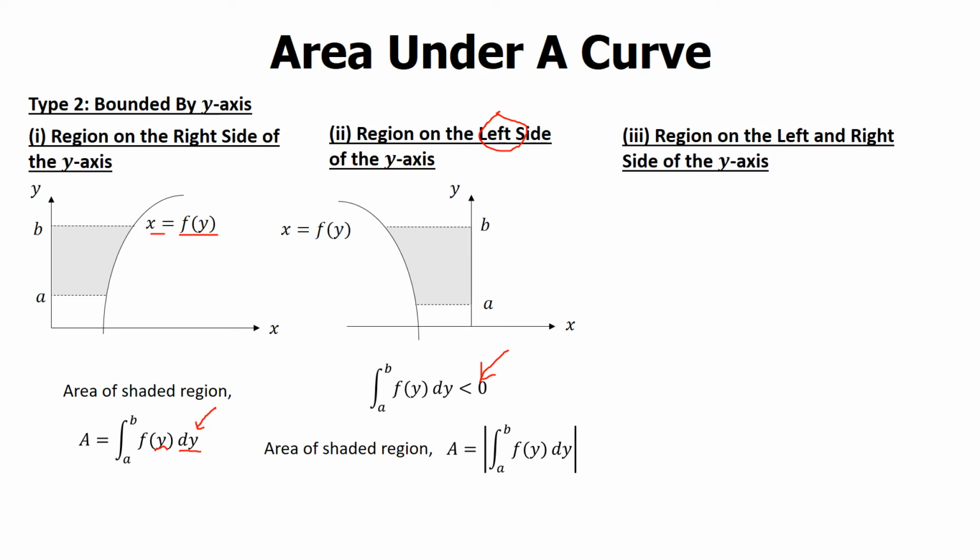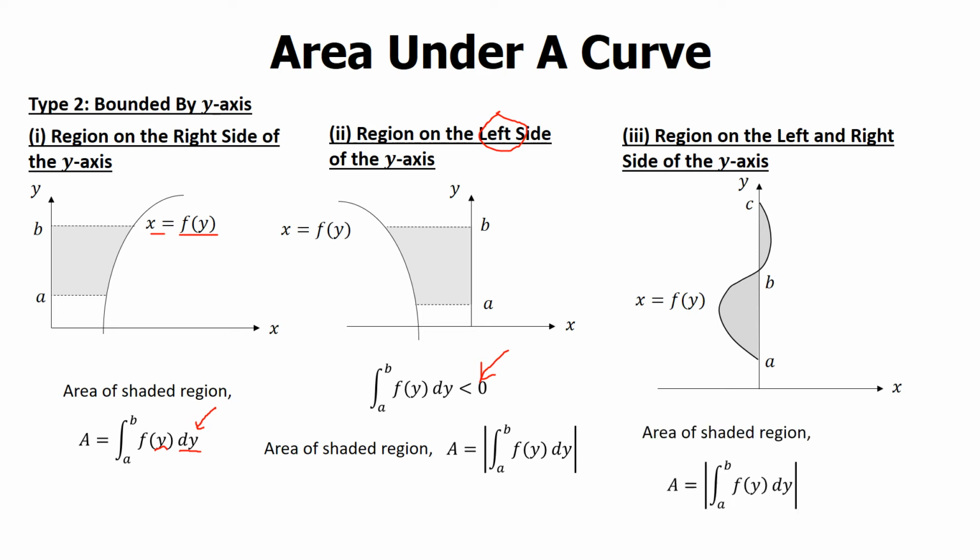Number 3, region on the left and the right side of the y-axis. So it is the combination of type 1 and type 2, and this is an example of how it looks like. So this is a curve with the equation x equals f(y). I have a lower limit a, the middle limit b, and the upper limit c. So to find the area of this shaded region, A equals the modulus of the integration from a to b of f(y) dy plus the integration of b to c of f(y) dy,